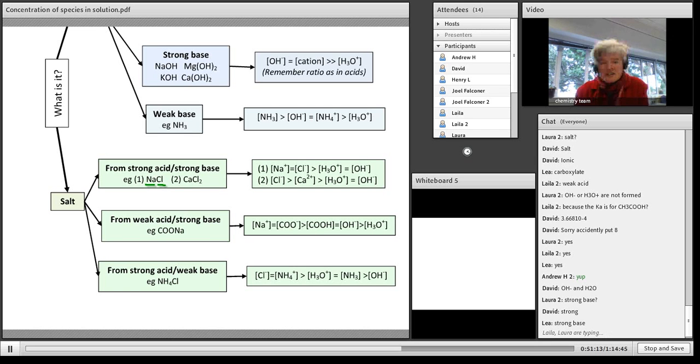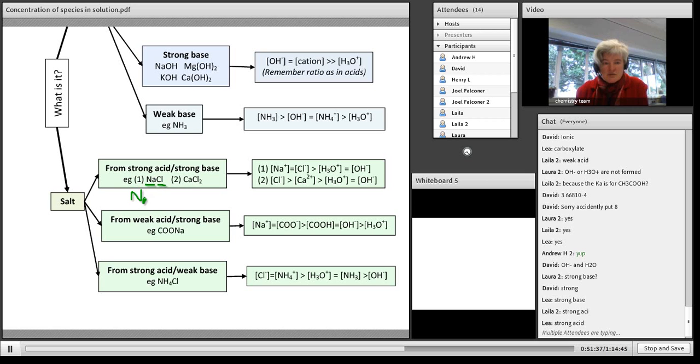So the easiest way is to work out what the acid or base was. Add an OH to the cation. So if you had a sodium cation, add an OH, you get sodium hydroxide. For the anion, just add an H to it, so you get HCl. Is that a strong acid or a weak acid? Strong acid, correct. So this comes from sodium hydroxide